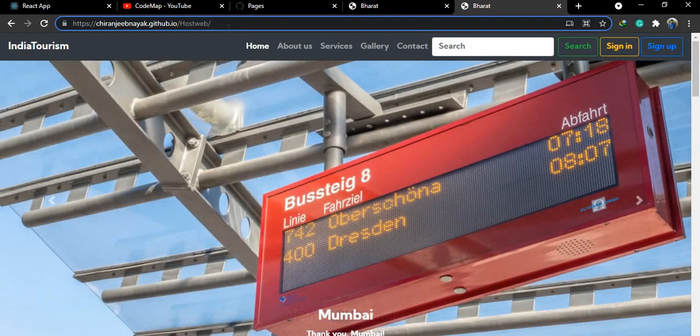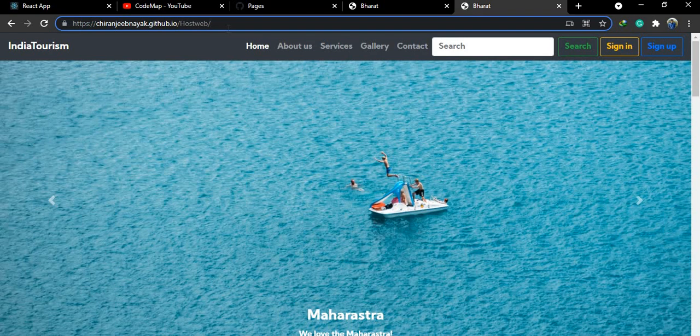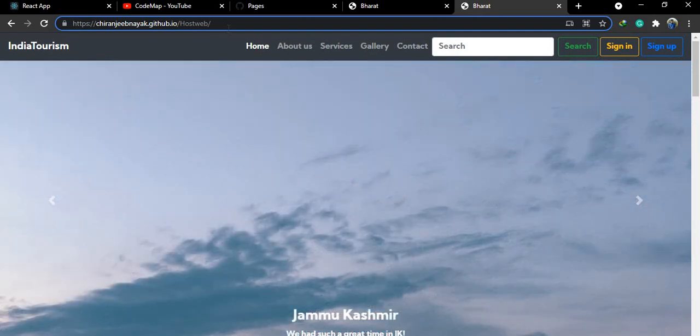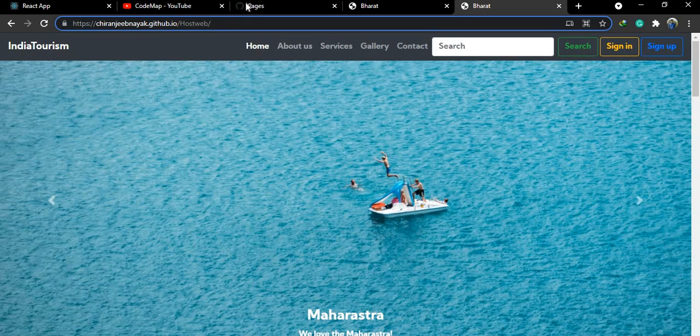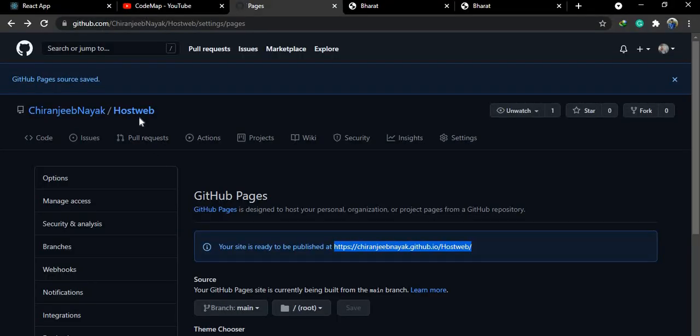And the most important thing, your project should contain one index.html. This is the most important thing, because if you don't have an index.html page, then this repository will give you a 404 error. So remember it, you must have index.html in the repository.